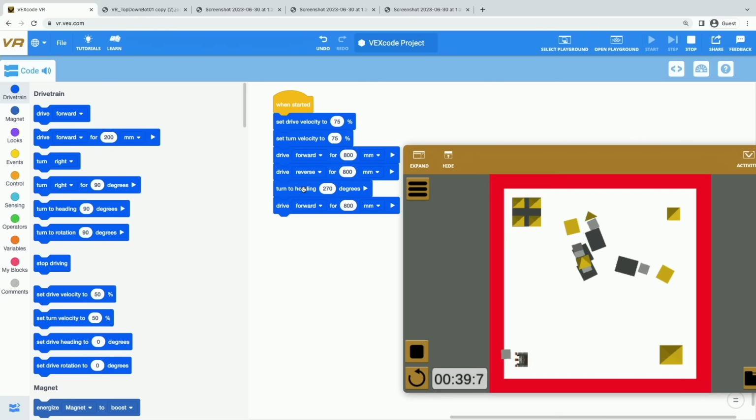So then we don't have to worry about thinking about left and right when we're coding our robot. So now that we've learned how to drive our robot forward and in reverse, we've learned how to turn it so that we can crash multiple castles. Now we're going to do a little mini challenge together.